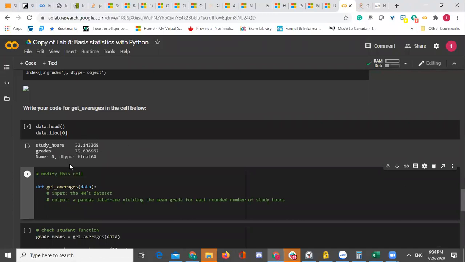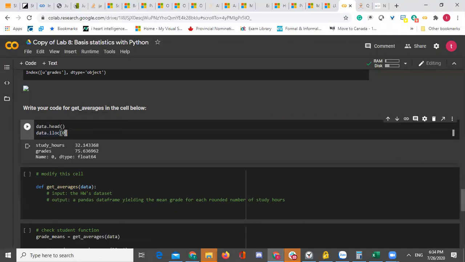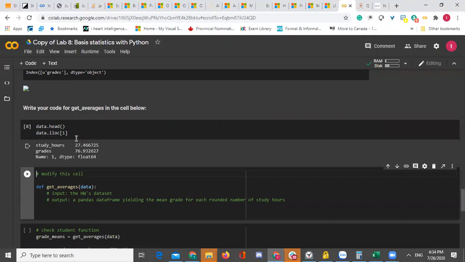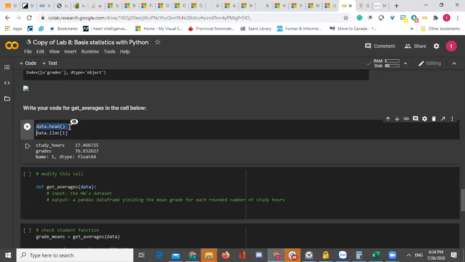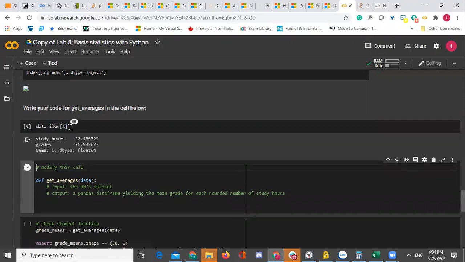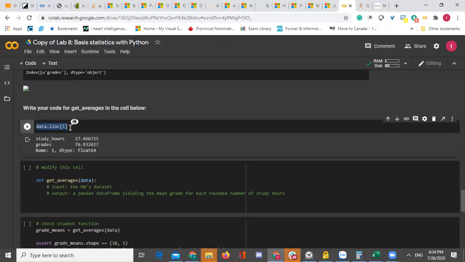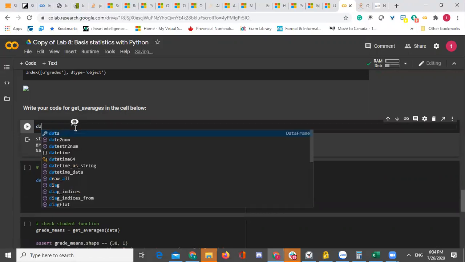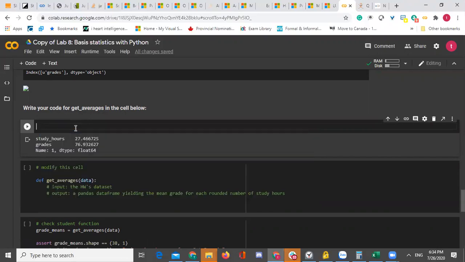The location of the... because I want to try to access the first column. Now, this is where you are accessing the rows. If you want to access the first column of the data frame,